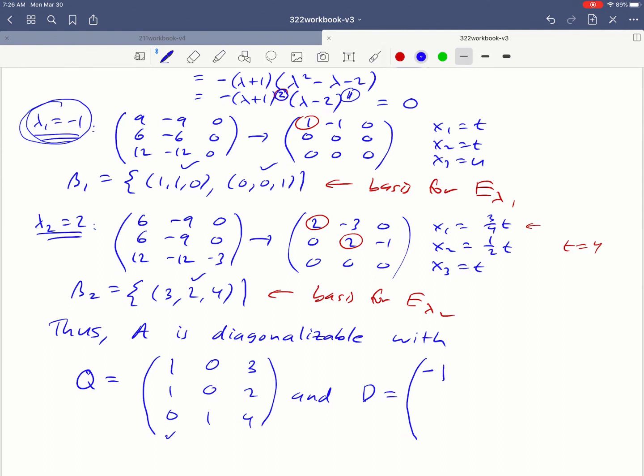Then we move on to the second eigenvector 0, 0, 1. That also went with lambda 1 equals -1, so we've got another -1 to match that second eigenvector. And finally 3, 2, 4, that eigenvector went with the eigenvalue lambda 2 equals 2, and so we're going to get an eigenvalue of 2. And so our diagonal matrix just looks like